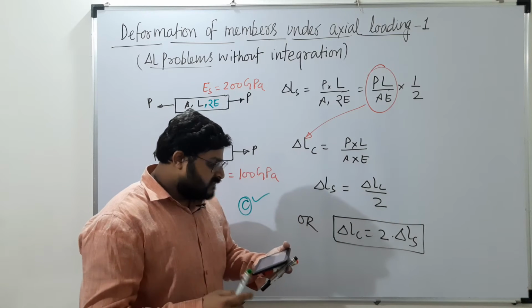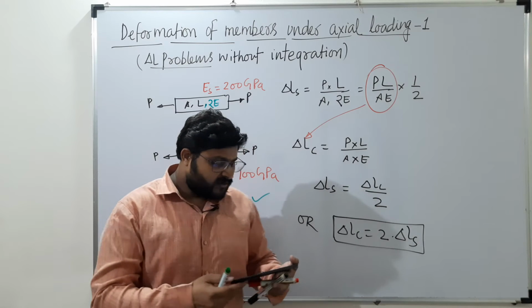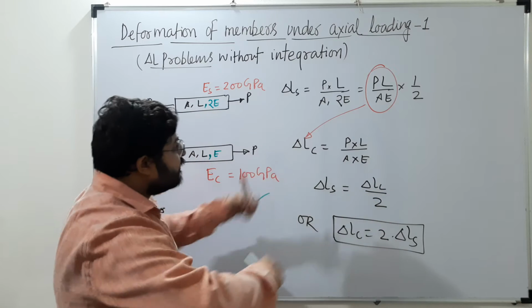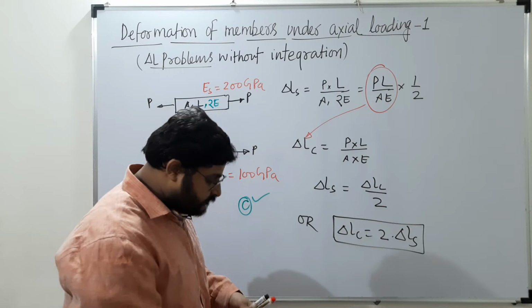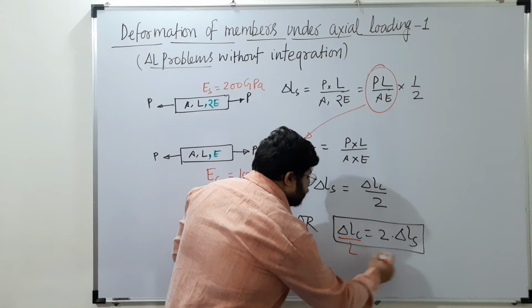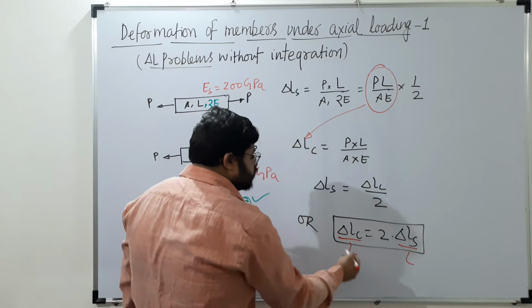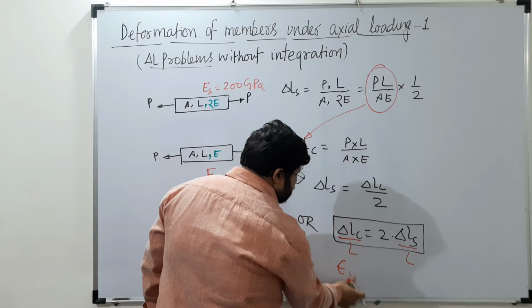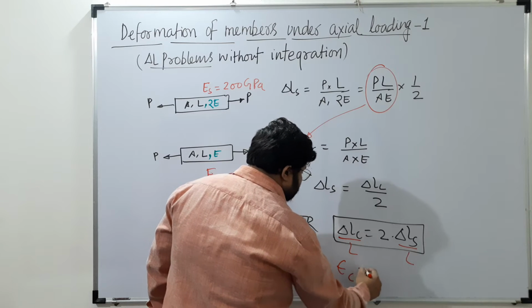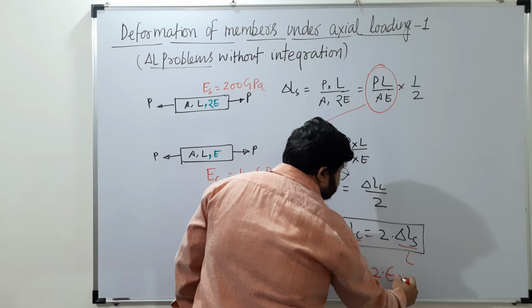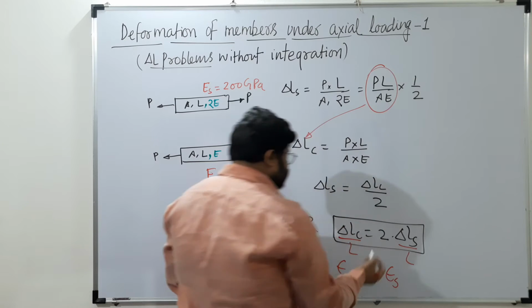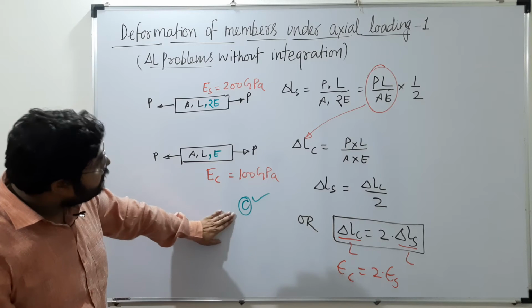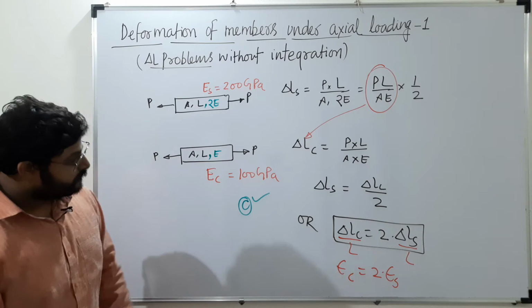Next, as the stresses are equal, strains are also equal in both the rods. No, we can't say that strains are equal because strain is nothing but delta L upon L, and the initial length is also the same. So that means the strain produced in cast iron is equal to twice the strain produced in mild steel. So strains are also not equal. So the only correct option appears to be C. Note this.